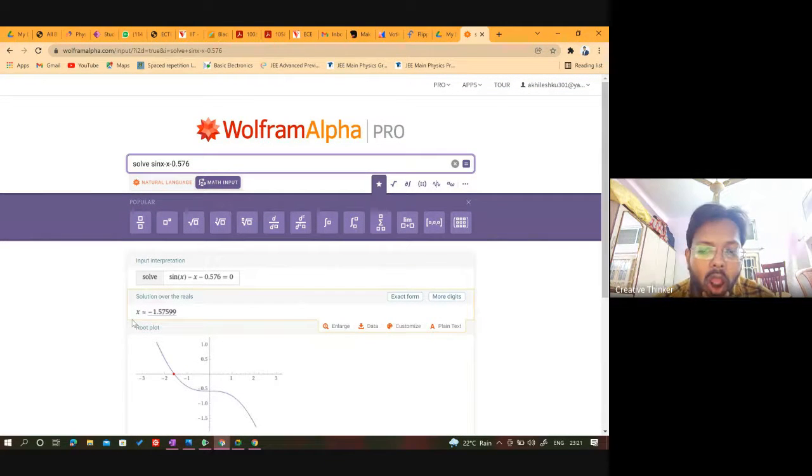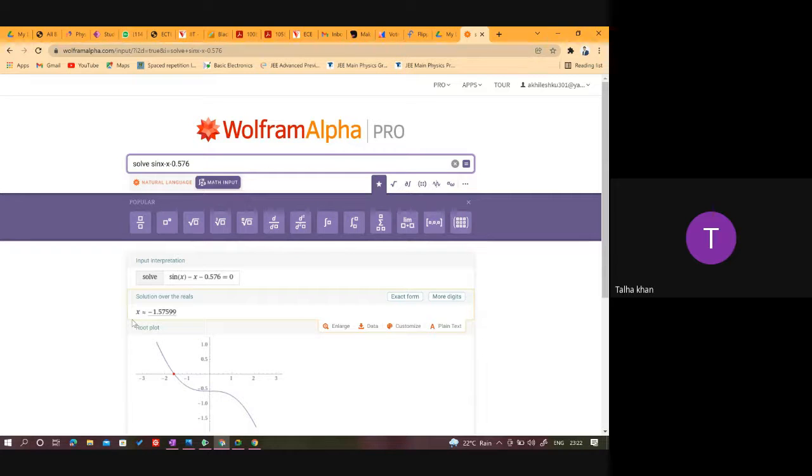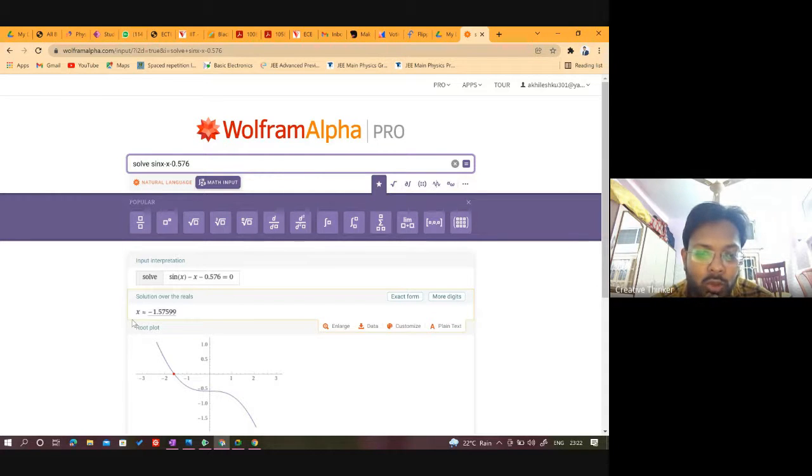It depends upon how your question comes in the exam. They may frame the question in such a way that you can solve it easily. But what I saw in the book is the way to solve this non-linear algebraic equation. So first try the question yourself and see whether you can solve it or not. Otherwise, you can use this Wolfram Alpha website just to practice.